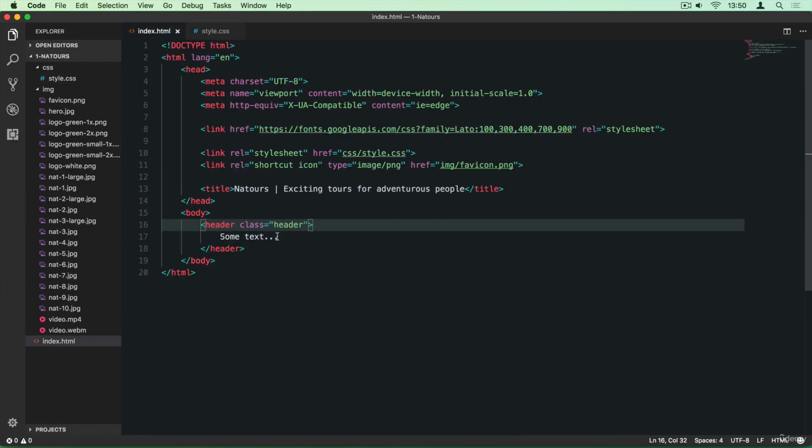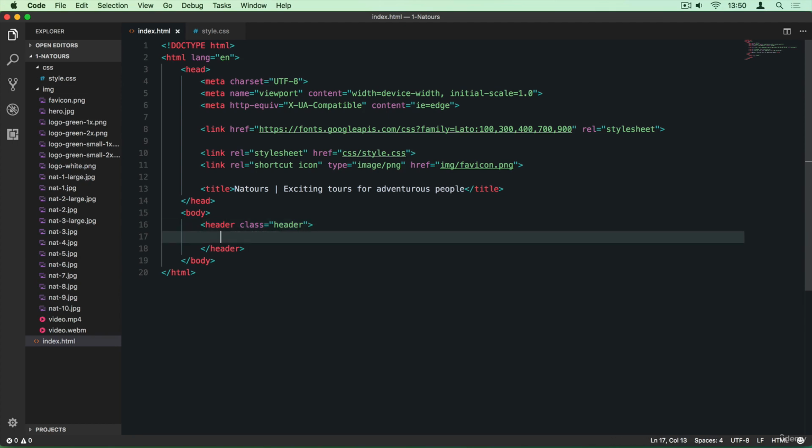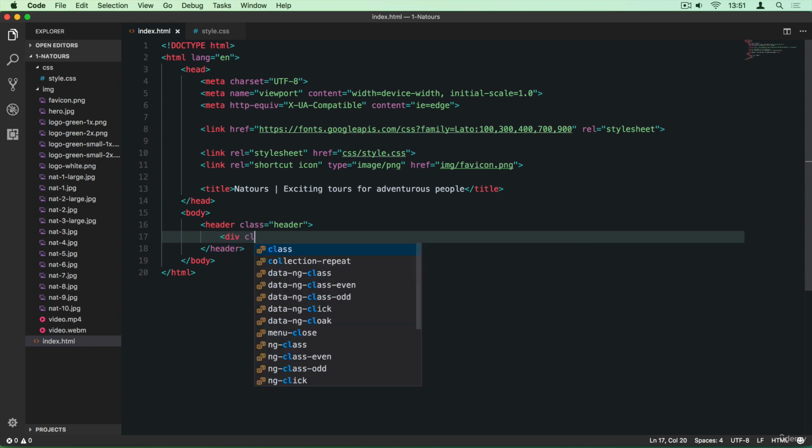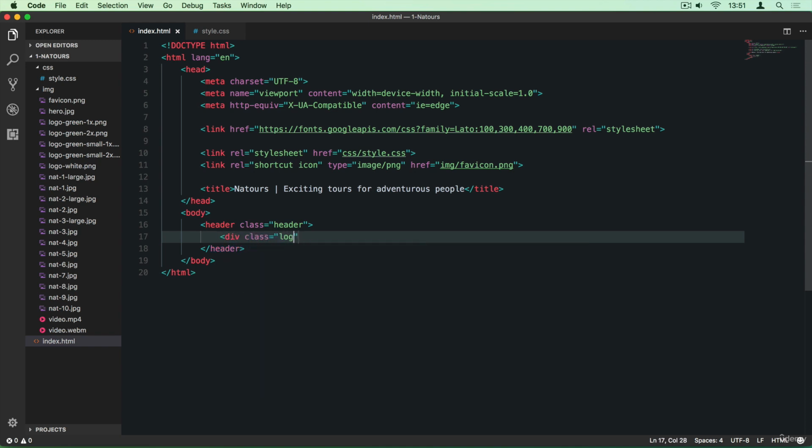So first off, in the HTML, we actually have to add that image. So let's remove the text here, and what I'm going to do now is to add first a div, and then inside that div is where I'm going to put an image. Because the image is actually an inline element, and so I think it's a better practice to first have a small container where this image is inside, and then position that container to where we want the image and the container to be. So first I'm writing a div with a class of logo box,